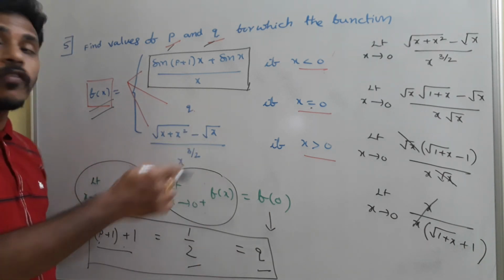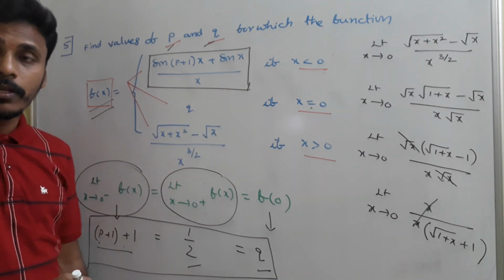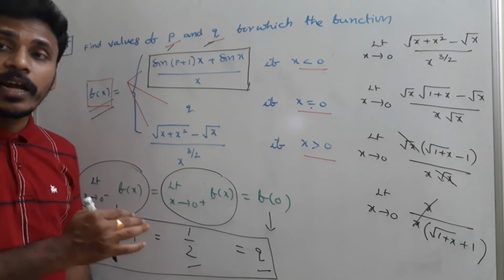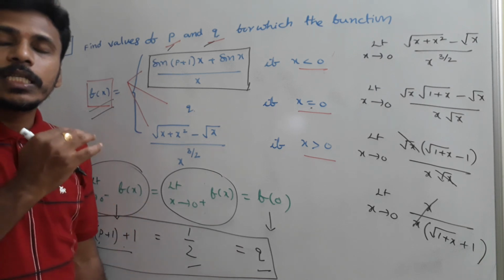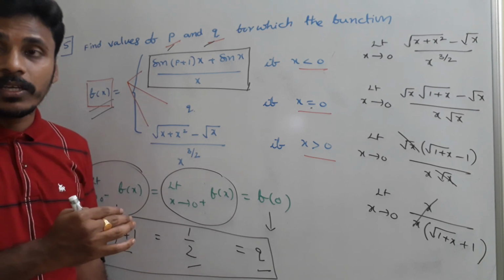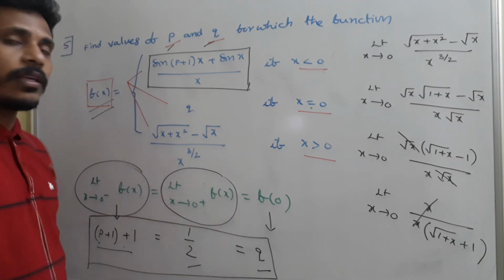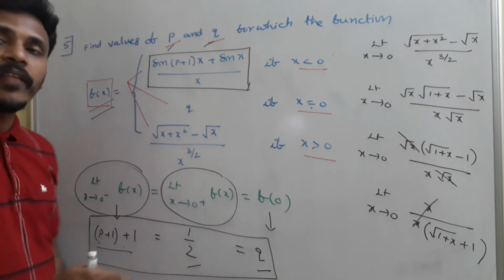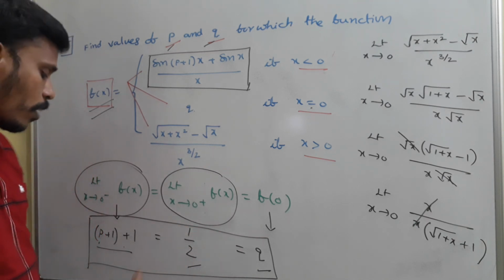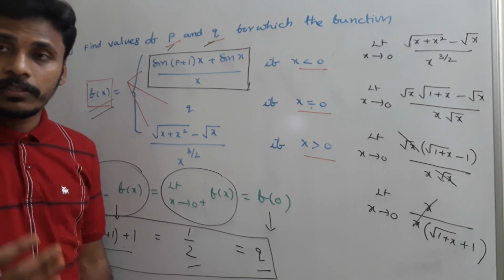The definition of the function is different in different regions depending on x along with 0. And as they said it is continuous for all x belongs to R, this is continuous in particular at x is equal to 0. So at x is equal to 0, left limit, right limit and the functional value, all these three are equal. Just equalize it and get the value of q as 1 by 2 and the value of p as 1 by 2 minus 2. That's it. Have a look.